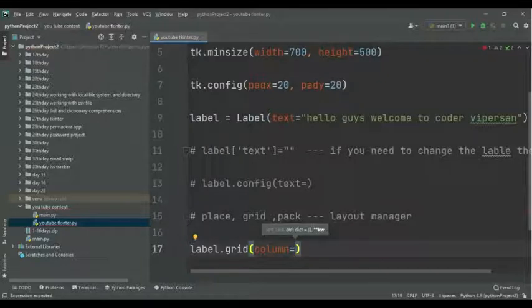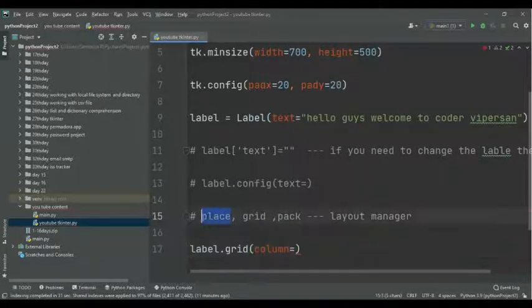So place uses coordinates, grid is like a matrix, and pack is like packing one by one, where you can't specify anything.